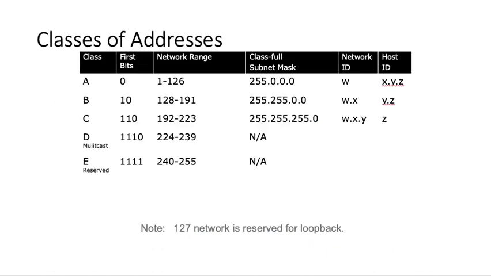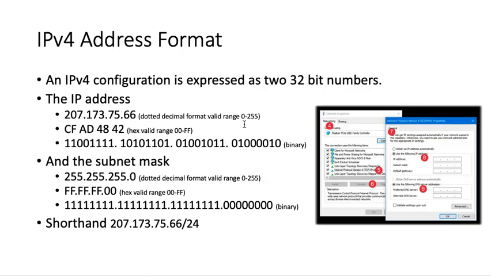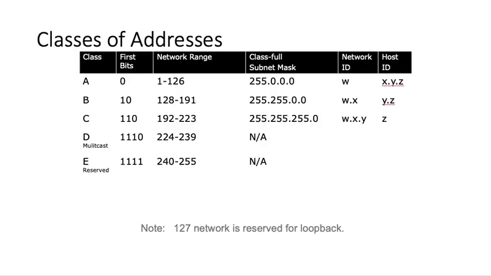Okay, let's talk a little bit more about classes of addresses. Up till now, I've only shown you the first 3 columns with a particular network range associated with the class. By default, it's assumed that, as you might notice if you start filling in a lot of different computers, if you type in an address in the first row that fits a particular class, it's automatically going to fill in the subnet mask for you. It's assumed that if you enter an address whose first number is between 0 and 126, the associated subnet mask is going to be